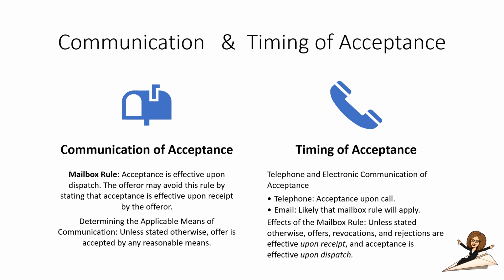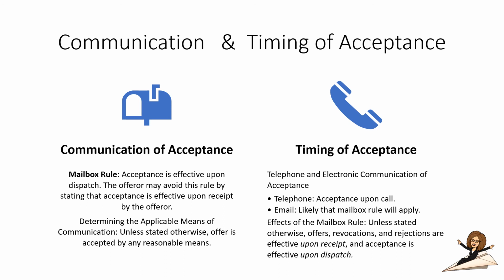Well, what the mailbox rule does is it creates a contract as soon as the offeree sends their acceptance. Put it in the mail, hit send, be it text or email, and the offeror doesn't know. And remember, the offeror, as the master of the offer, could be out selling that book to other people because they hadn't heard from you yet. They haven't actually received your acceptance. The offeror could legitimately think, well, I could go sell this book to somebody else who I just ran into who's got their money right now.